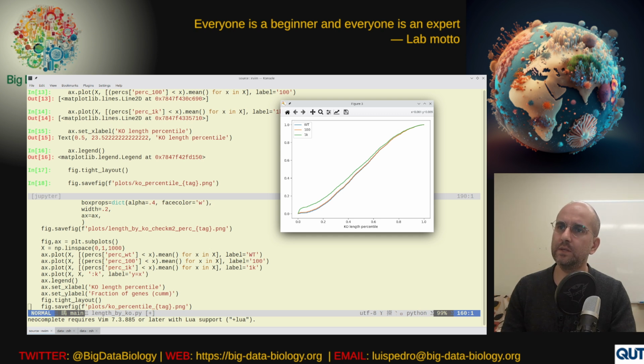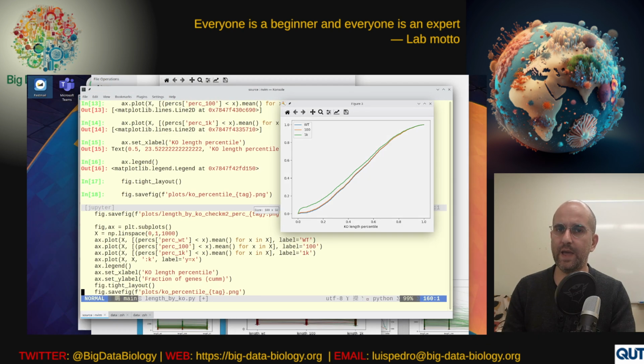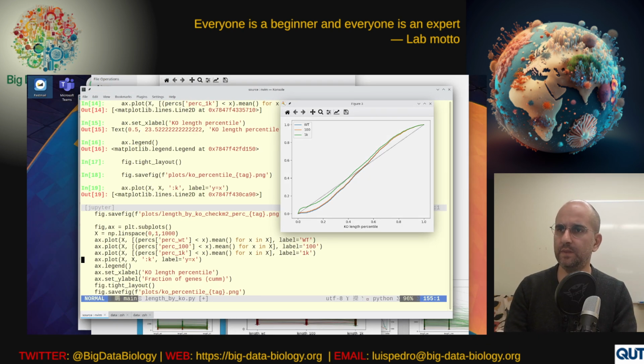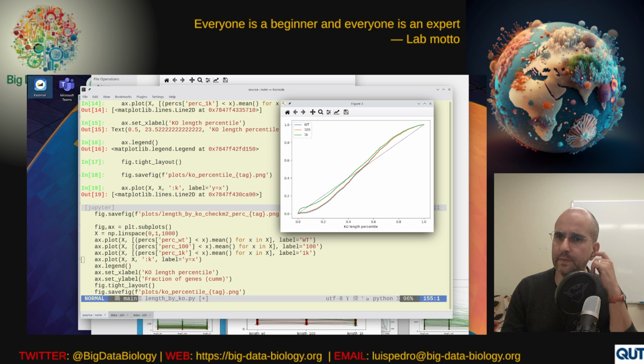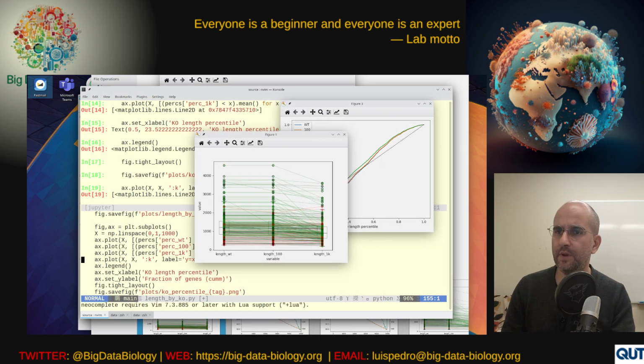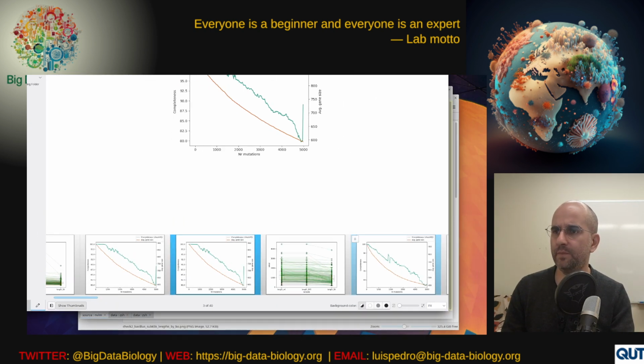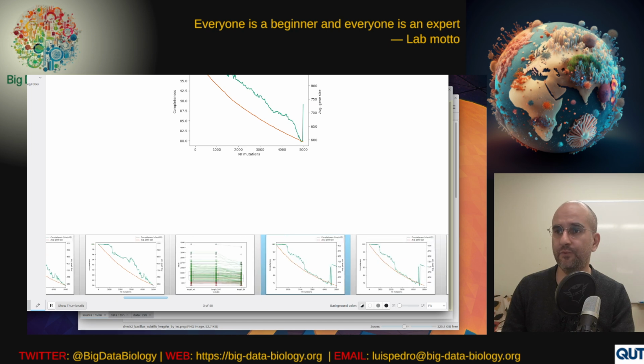You can see there's quite a large bump when we have more mutations: an overabundance, compared to the wild type, of genes that are very, very small. For reference, we can add the diagonal. We did this for a handful of these.